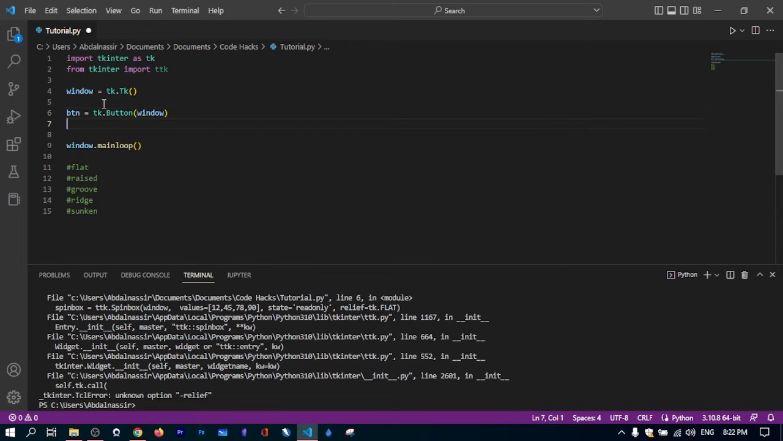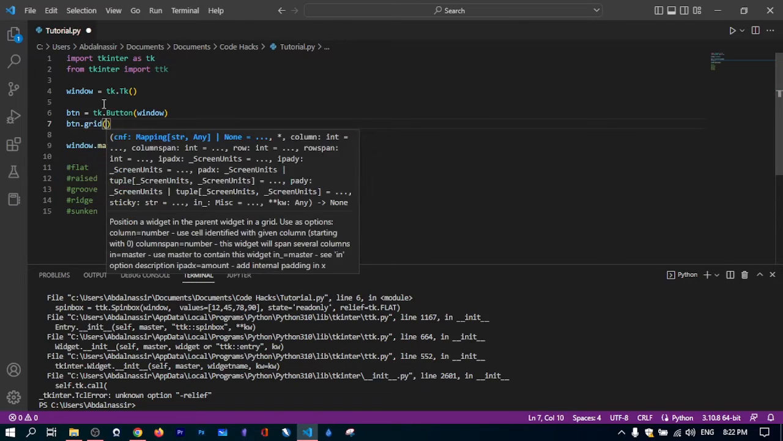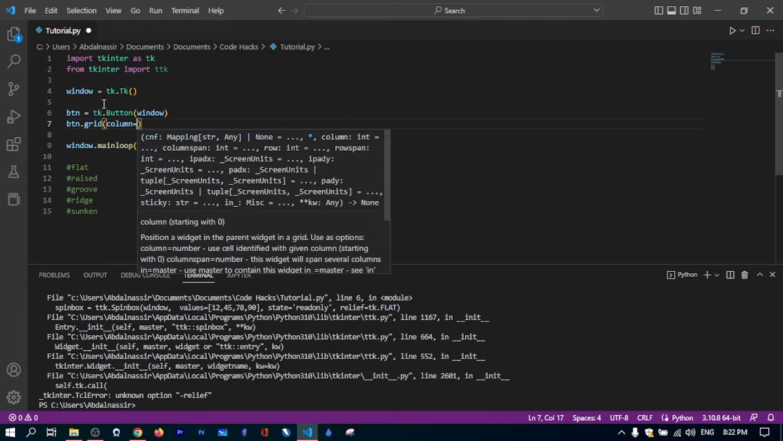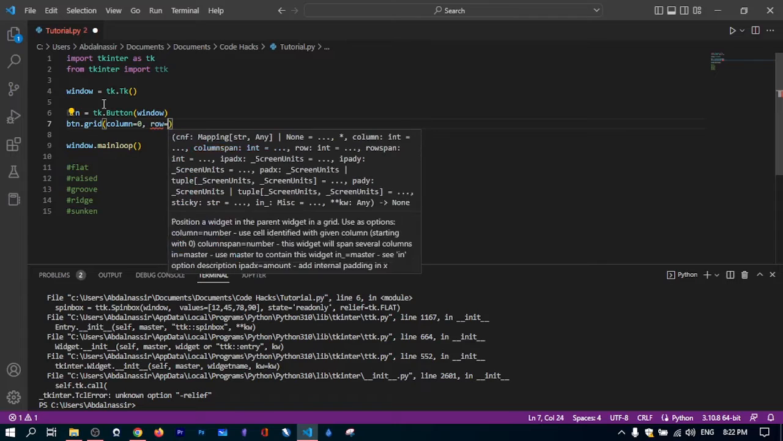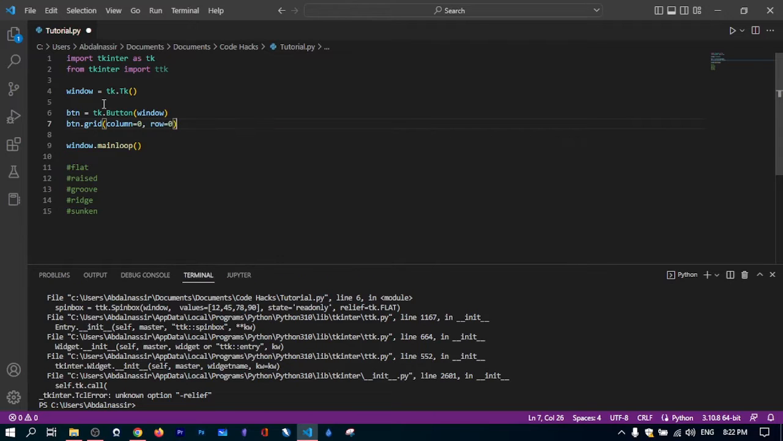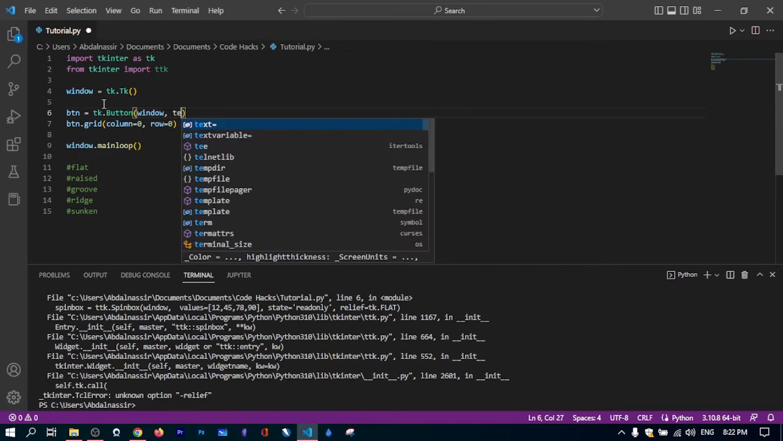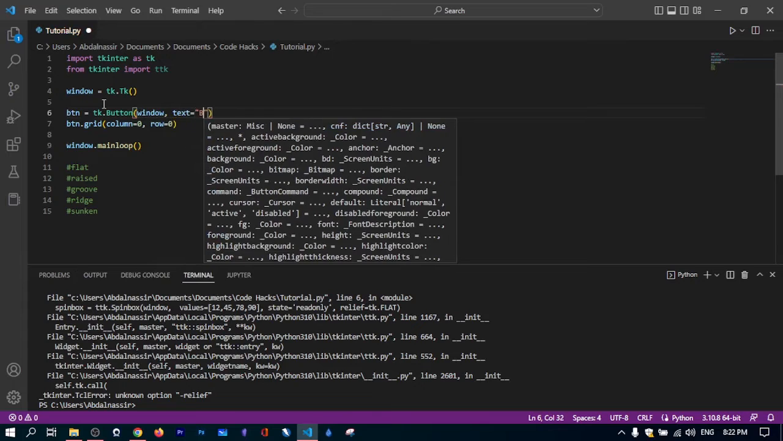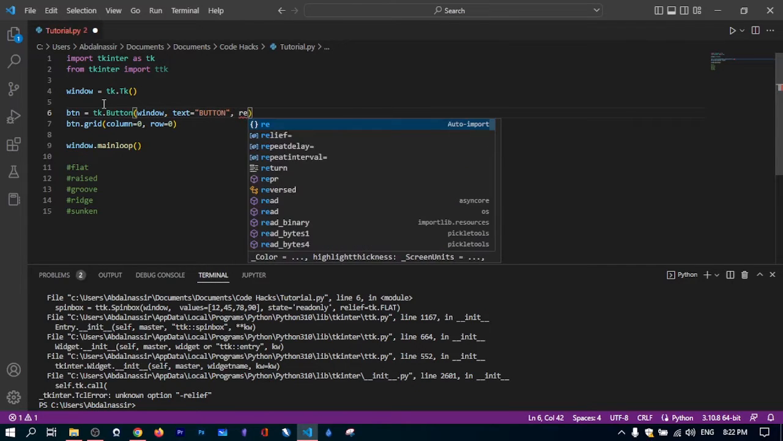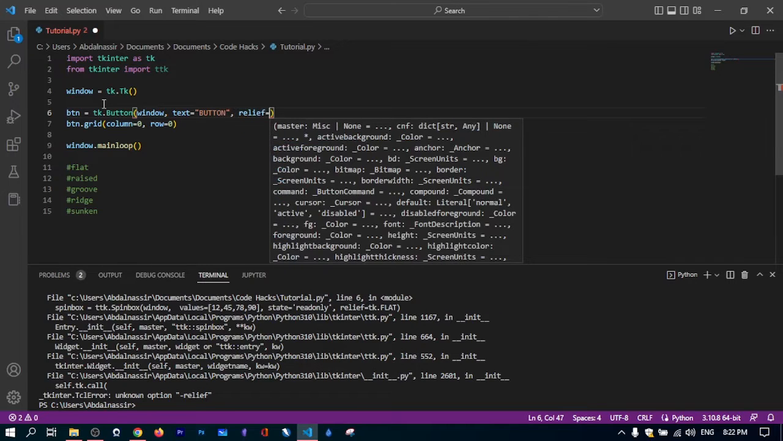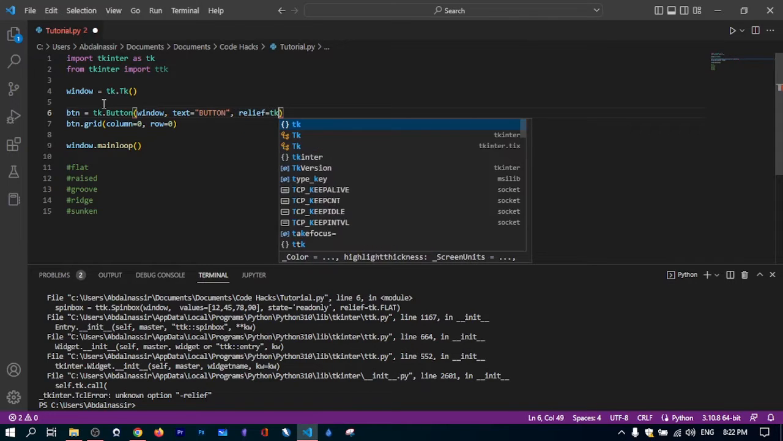window, and finally button dot grid, not ridge, grid column 0, row 0, and we need some text here, so text will be button, and finally we add relief. Now relief will be tk dot,